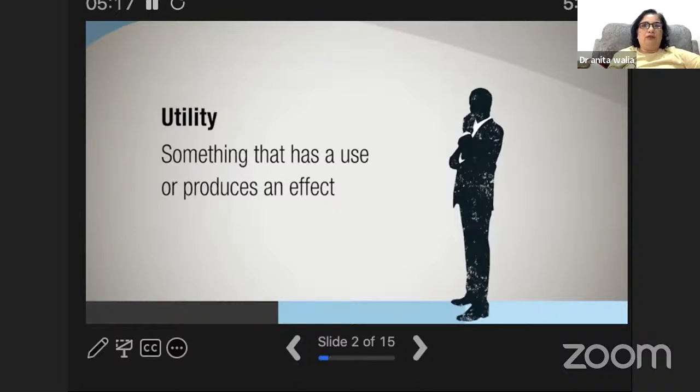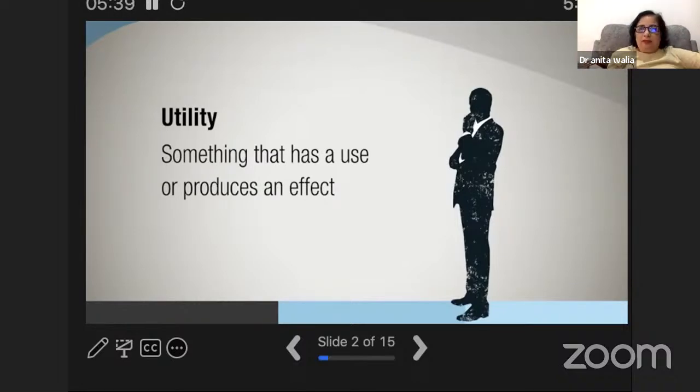Like Thomas Alva Edison came out with the bulb. That was an invention. And it is very surprising that Thomas Alva Edison actually patented it after 6 years. So whatever bulb we are seeing now is not the bulb which Thomas Alva Edison invented.